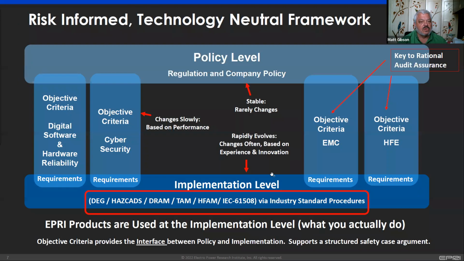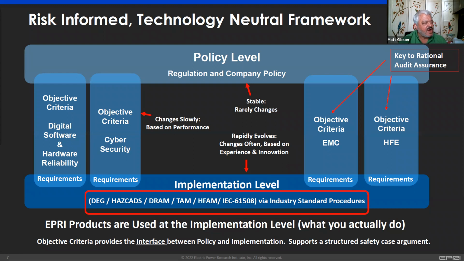developing a capable workforce. Now, how does this fit in? Well, I'm talking about EPRI products now. And EPRI products in this worldview are implementation level products. This is what you actually do to achieve the things you want to achieve. In order to make that work out right, there's an implied upper level framework that takes policy, that's regulation, company policy, whatever, wherever you're getting a policy from,